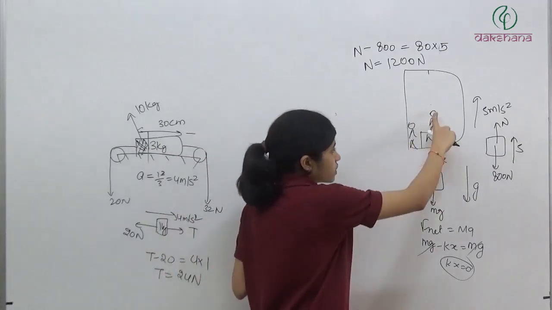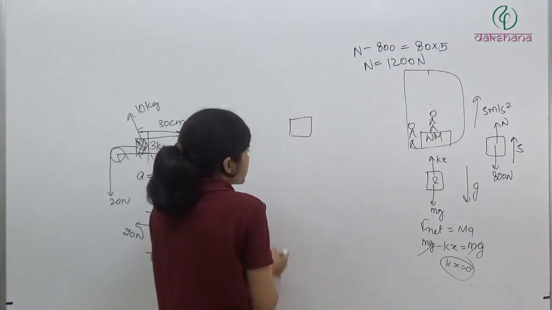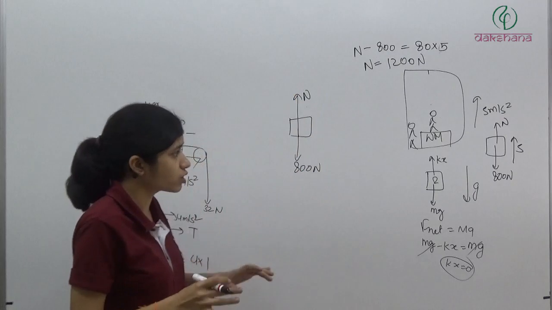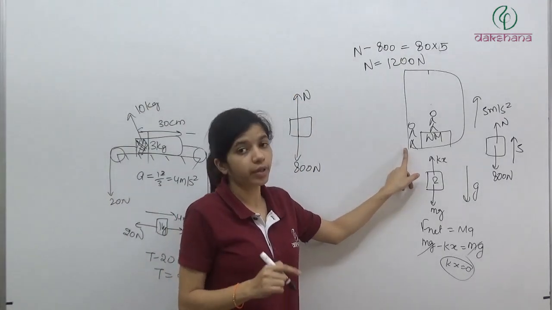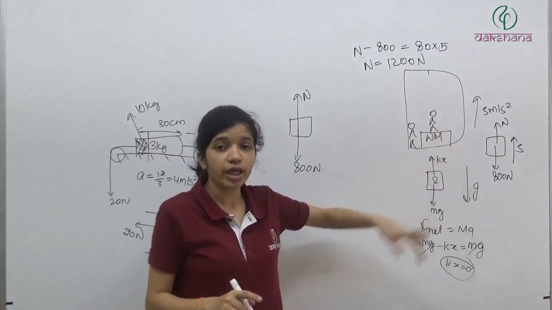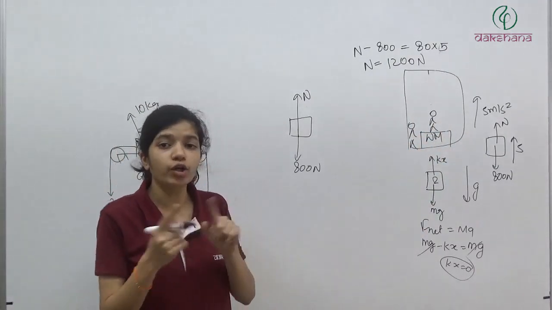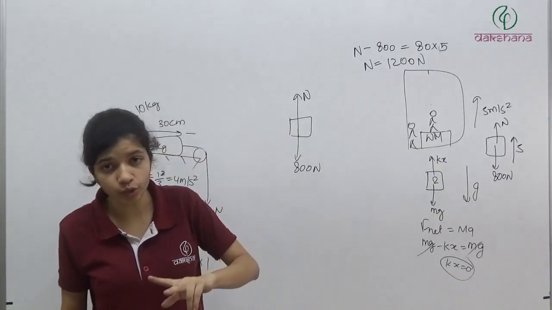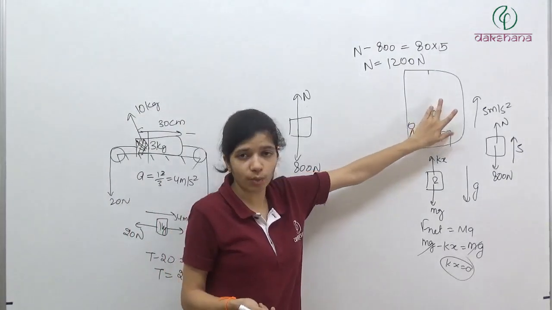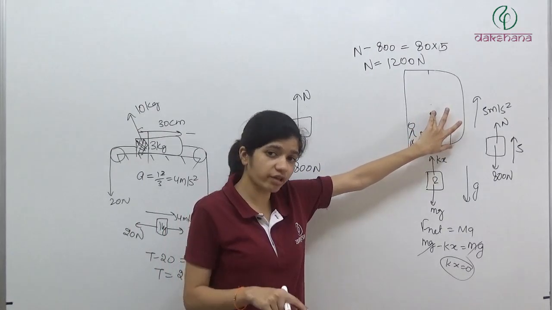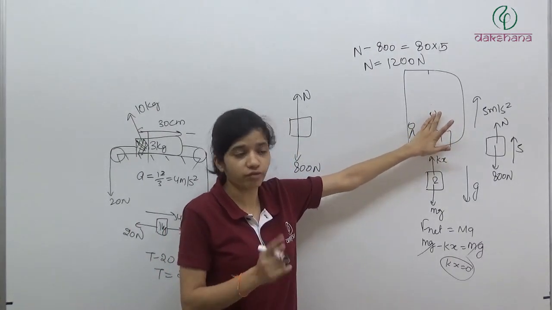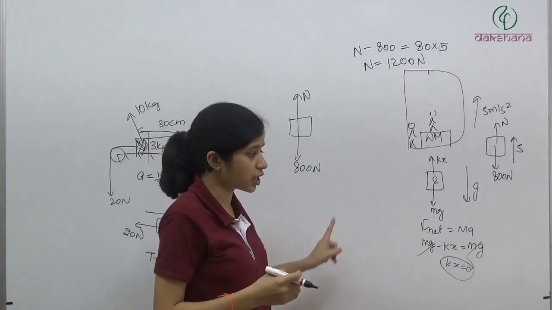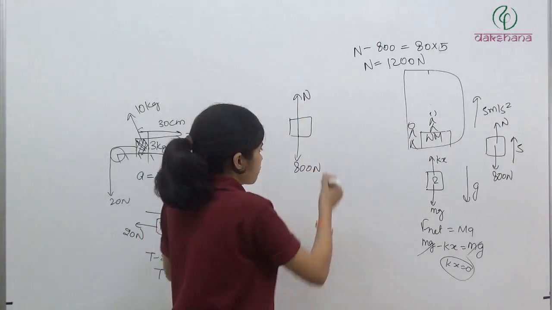Now with respect to you, this man is at rest, so इस पे लग रहा है नीचे 800 न्यूटन, ऊपर नॉर्मल, and also because you are in a non inertial frame, again you will apply a pseudo force on it, how much, it will be equal to mass of the body into acceleration of the frame, and direction will be opposite to the acceleration of frame, है ना, mass of body जिसको आप observe कर रहे हो, acceleration of frame जहां से आप observe कर रहे हो, and direction will be opposite to the acceleration of the frame। So कहाँ लगाएंगे, acceleration अगर इस direction में है, the frame from where I am observing has acceleration in this direction, so I will apply a force in this direction which will be equal to mass of body